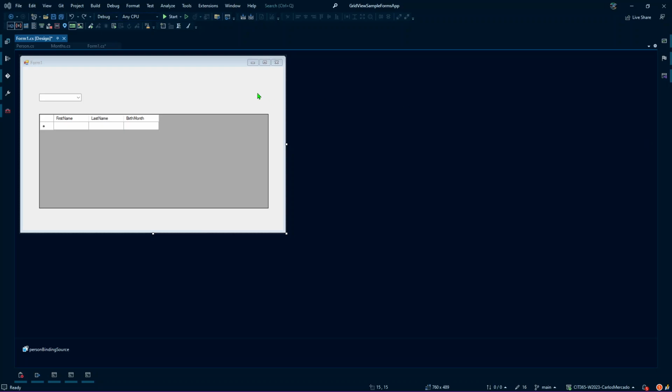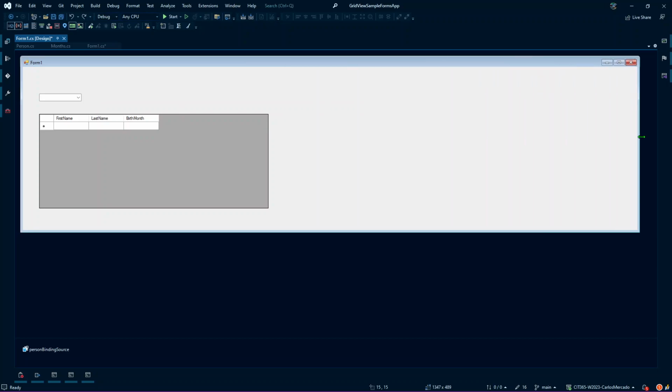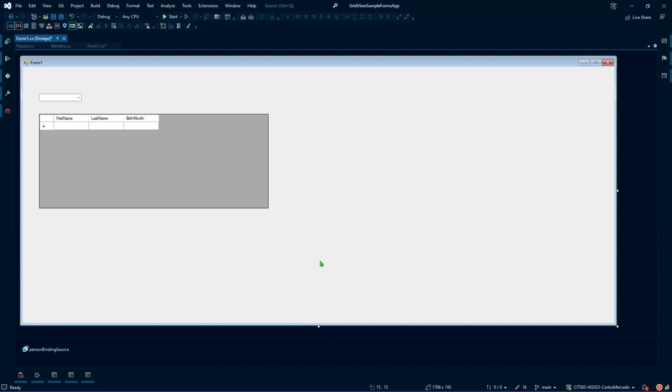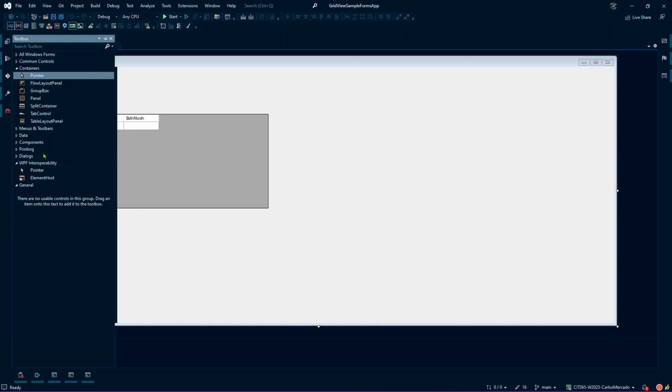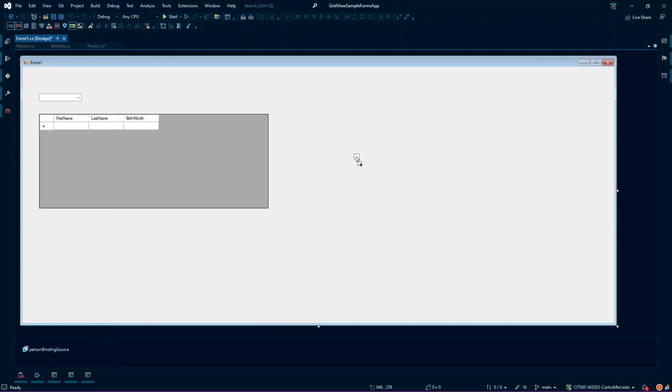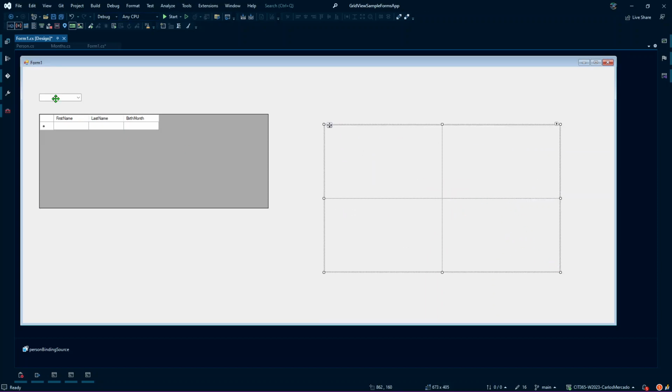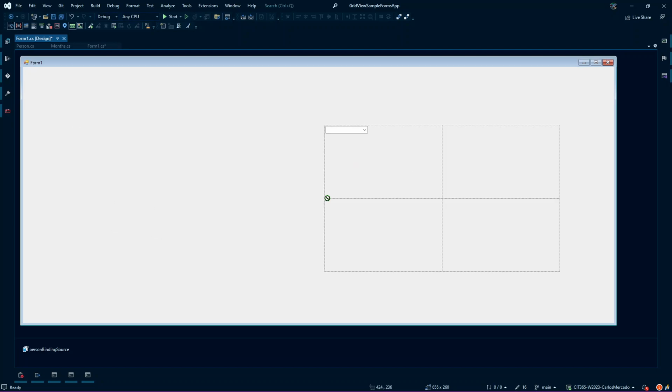I'm going to explain to you how to set the user interface using the layout elements. First off, we're going to expand the form so we have some extra room for working on this. From the toolbox, we're going to select the table layout panel, and this is a space where we can set the different control elements. They're going to use the available space,